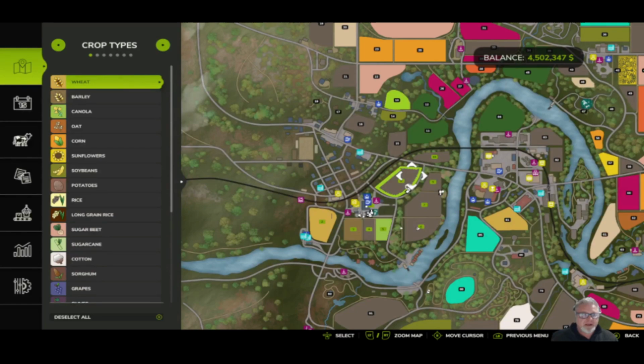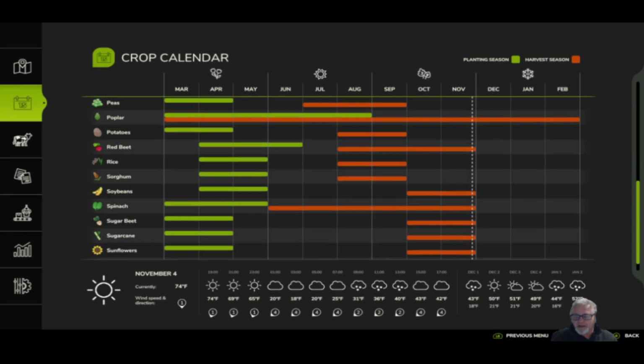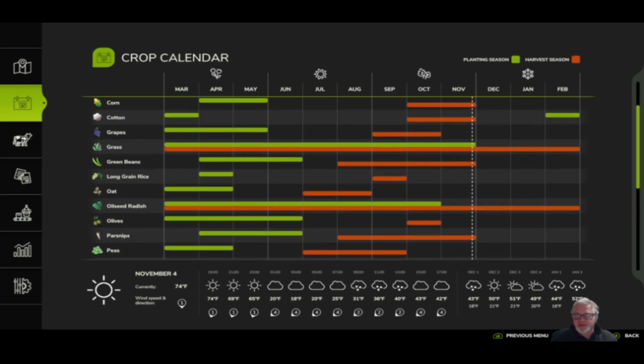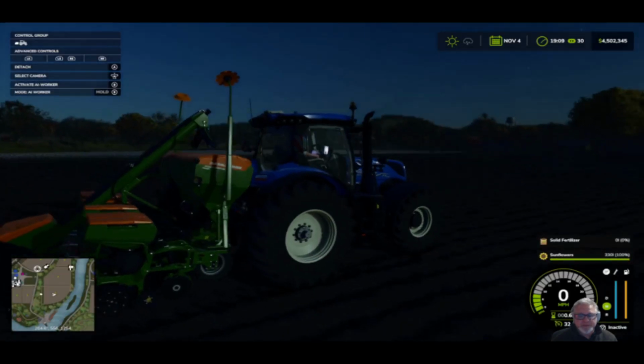But also, if we look at the time of the month, right now it's November, and there's a big gap on that calendar right there. I'm about ready to end November, and that puts me in December, which is pretty much nothing. If you're lucky enough to have poplar trees, oilseed radish, or grass, you have something to harvest. Otherwise, there's about 3 months there with not much going on. So what do you do in that 3 months? Well,